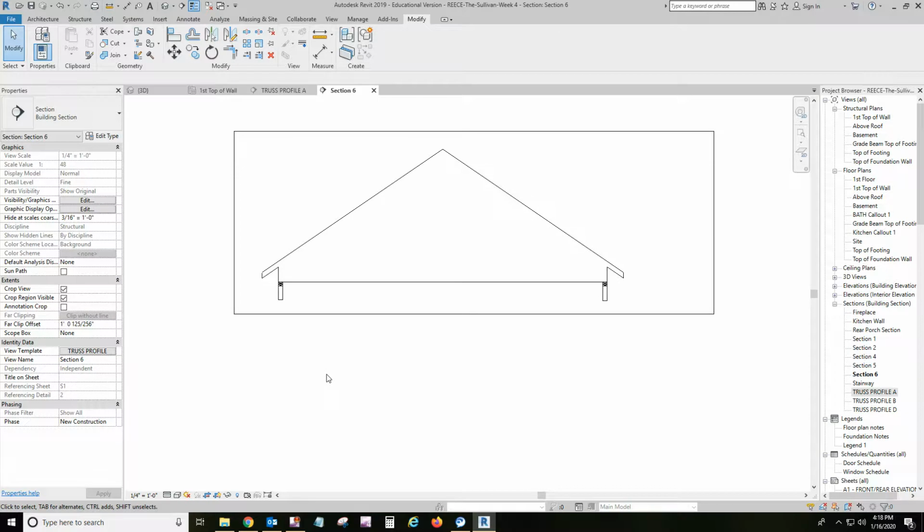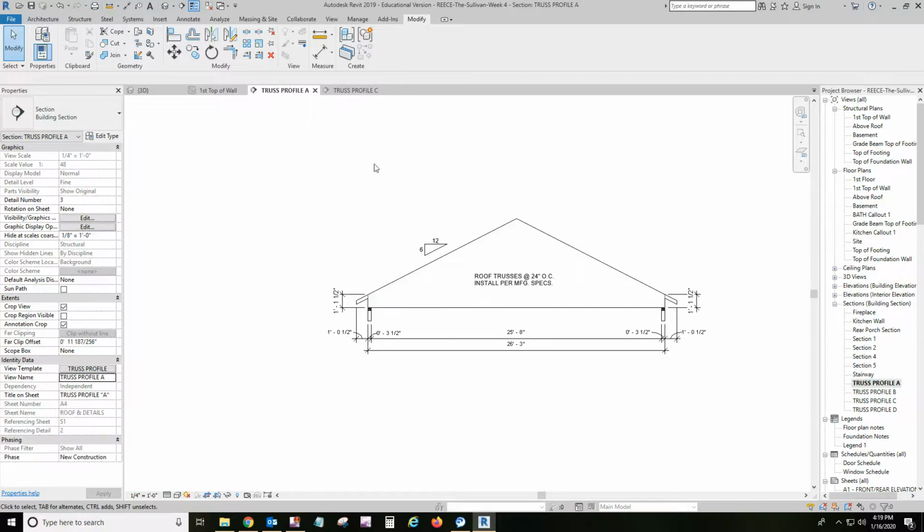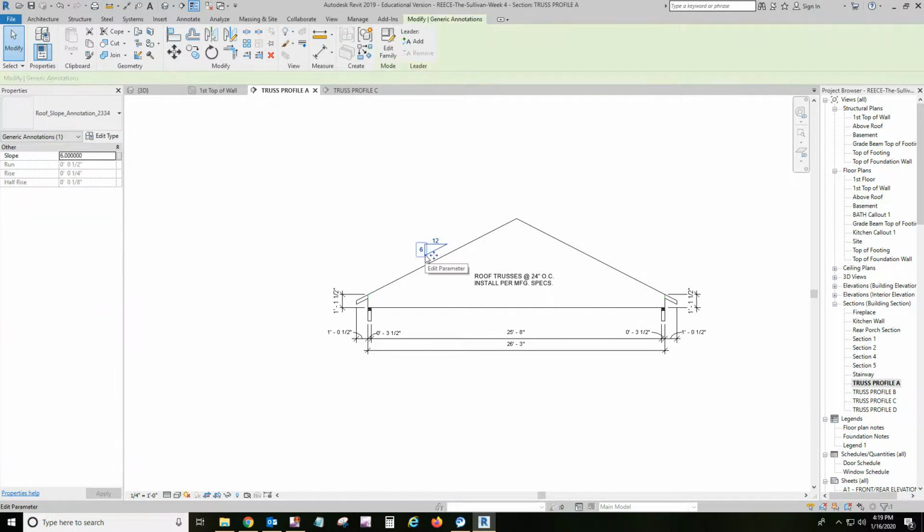Okay, and there's my truss profile, the way it shows up on sheet number 4. And of course, I've been renaming all of these right here, and also renaming my view so I know what it is when I'm looking at it in my browser. Okay, and so you'll also bring in the roof slope annotation 2334, pop that in, edit it,